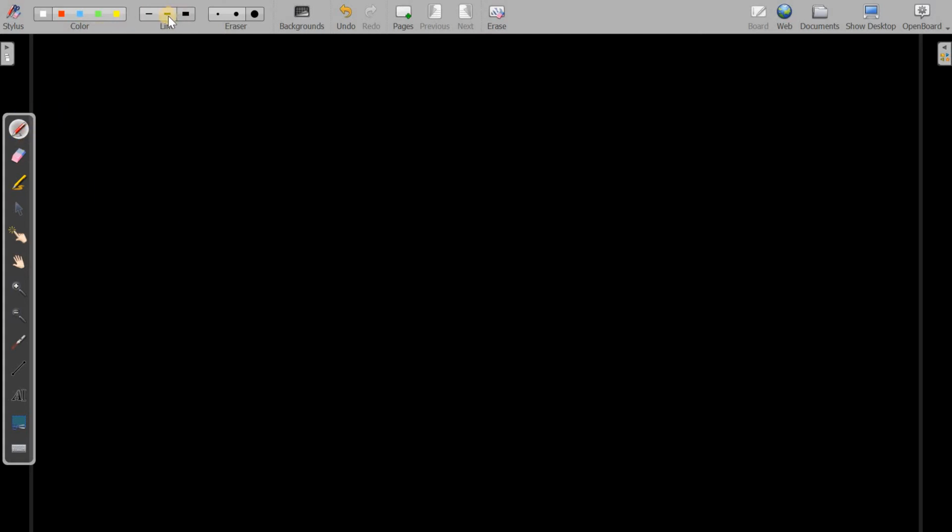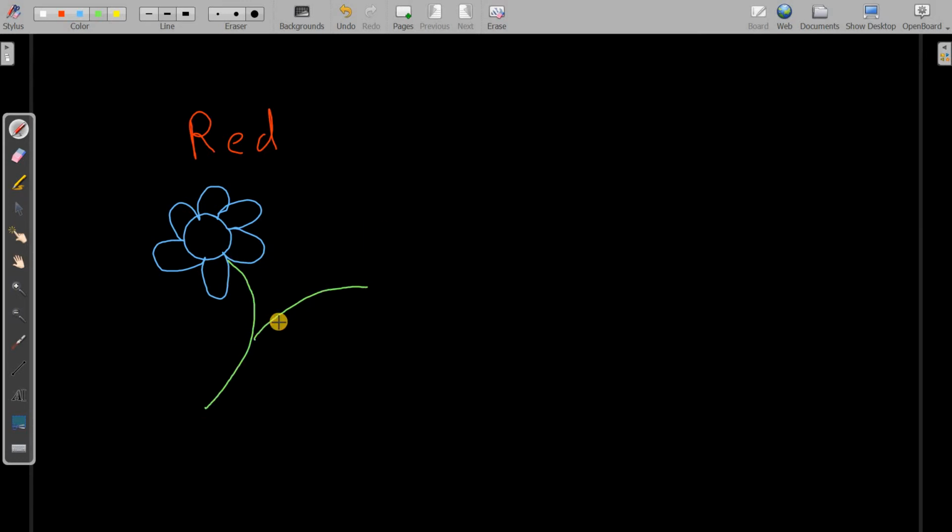Similarly, you can choose the colors. Red if you want, like this. Blue. So you can draw some flowers if you like. Since this is not my class, I can do like this. Suppose I want green, I can draw this.